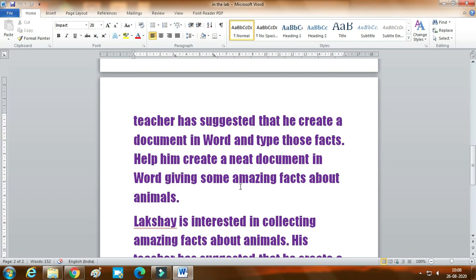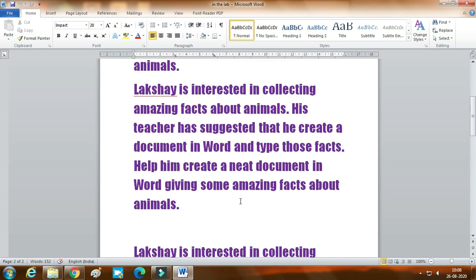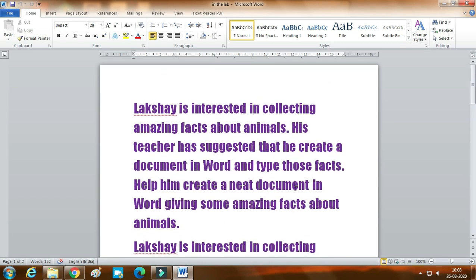Practice many times. Again and again, if you practice, it makes it easy to select sentences, a single word, a particular paragraph, or the entire document. Practice makes perfect and easy.